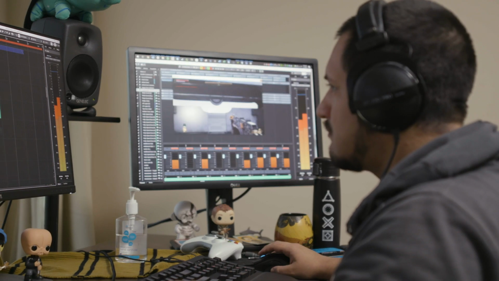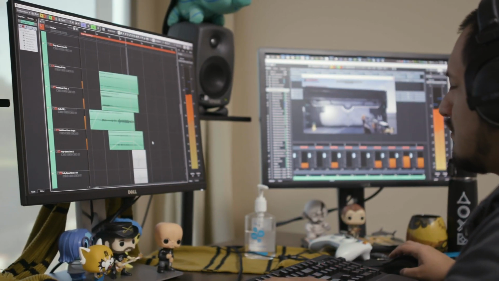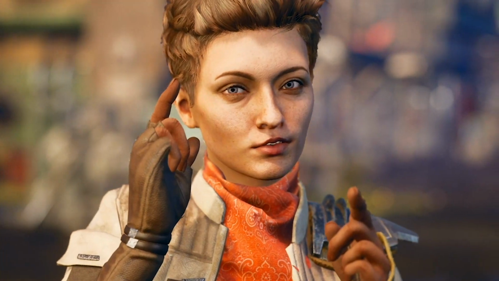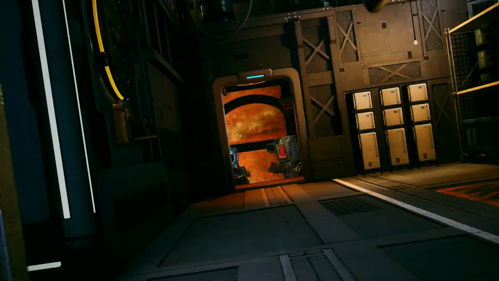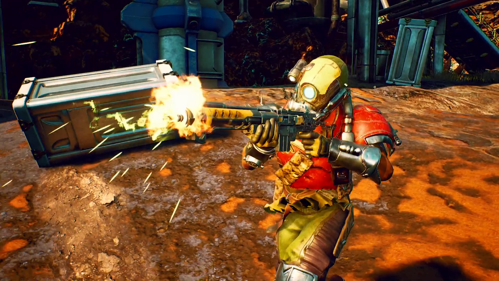So at Obsidian, we use Nuendo, and we've been using it back since Nuendo 4. And on The Outer Worlds, we use Nuendo 10. And that allowed us to create all the content that you hear in the game, from the sound effects to the music, and that includes ambient sounds and emitters and scripted sounds and interactables and UI and cutscenes and Foley and footsteps and weapons and creatures and the music soundtrack and the interactive music soundtrack, and pretty much top to bottom, all that content was generated with Nuendo.